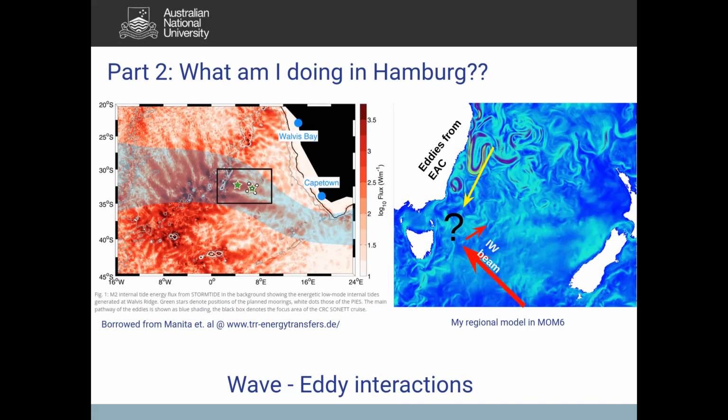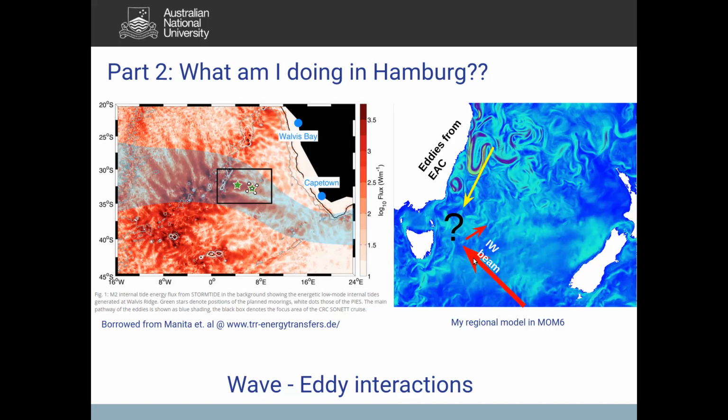If you go a fair way around the world, you get to the Tasman Sea. And here we have the East Australia current down the side of the continent. Similarly to the Agulhas region, not quite, the East Australia current will also kick off these eddies, which propagate southwards through this region, and sometimes they'll make it to the bottom of Tasmania. But you consistently get eddies in this region. And that's interesting because you also have an internal wave beam, which is generated from